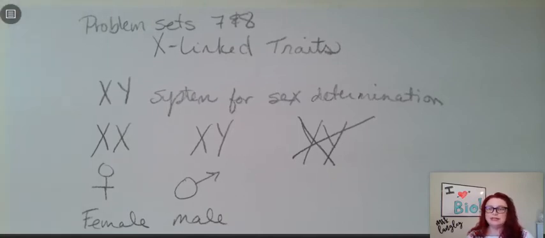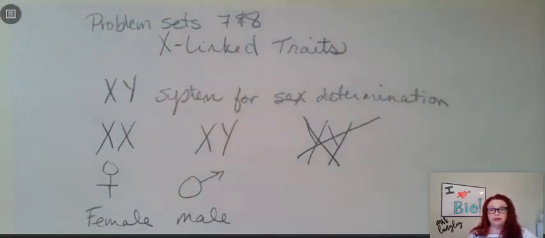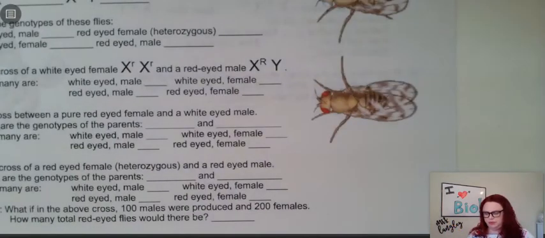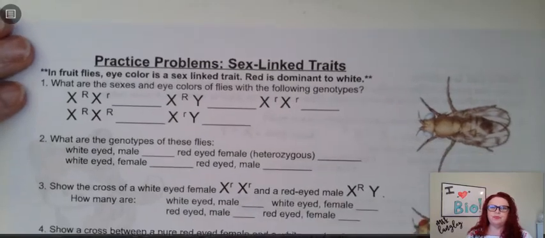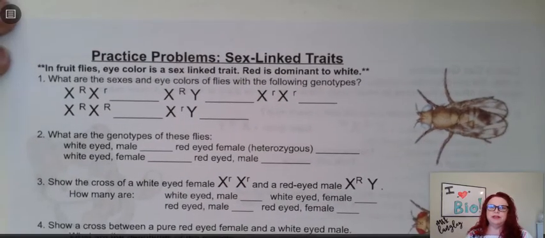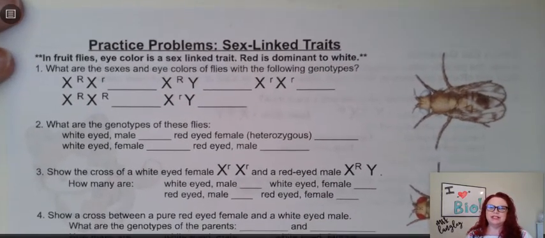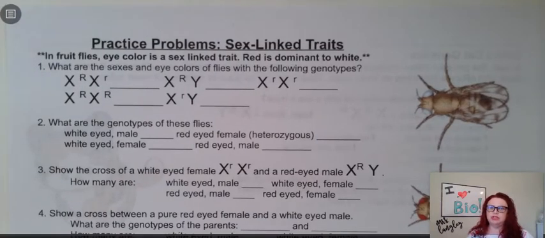Now for problem set 7, we started with fruit fly genetics. Fruit flies work on the same XY system we do. So in fruit flies, eye color is a sex-linked trait. Red is dominant to white. Now that means that we can have